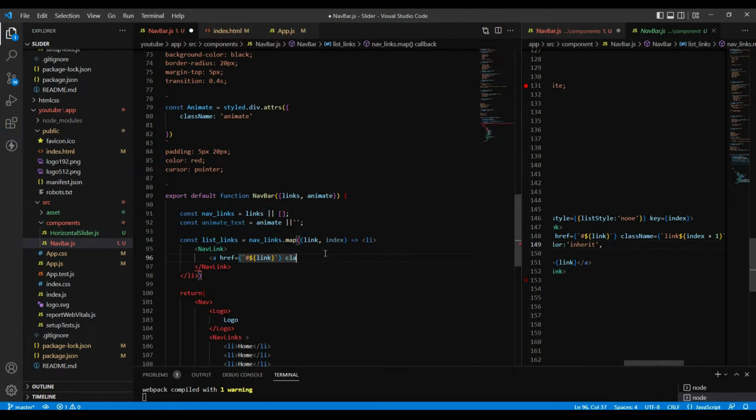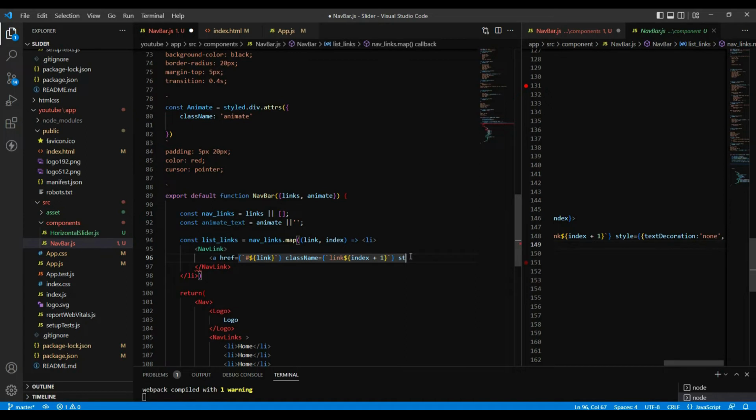Then I just give it class names too, so at least I know what I'm looking at. So link, and I just made it the index of the link. So index plus 1, right? So it's going to be link 1, link 2, link 3,